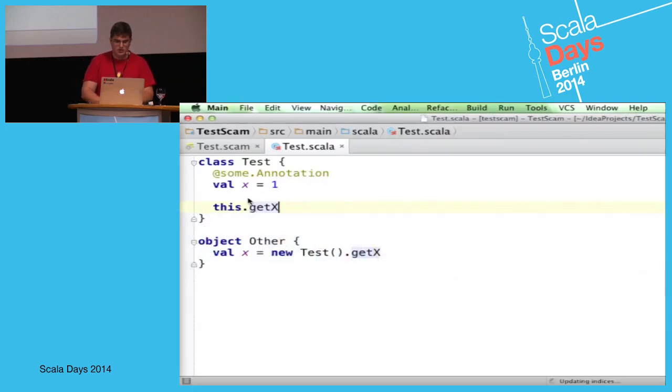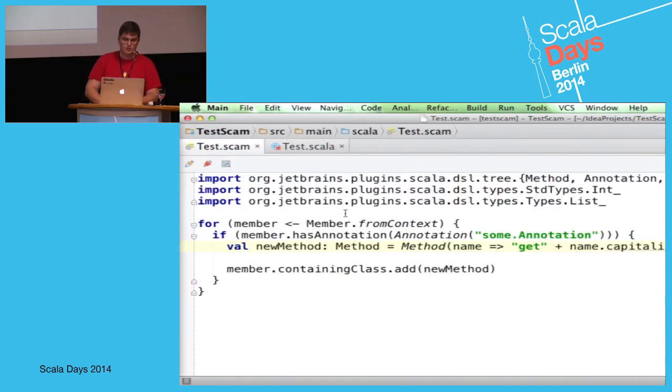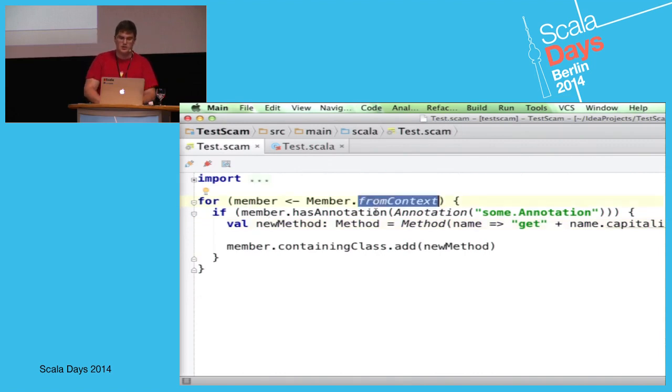I'll show you an example. Here you can see a simple file. The main idea is that this annotation on X does something like a bean property and adds a getX method to the class test. So right now everything works, and navigation on getX works to X. How is it implemented? It is implemented in some Scala script, which asks for the member from context and checks that the member has annotations, and then just gets the containing class of the member and adds this newly generated method.